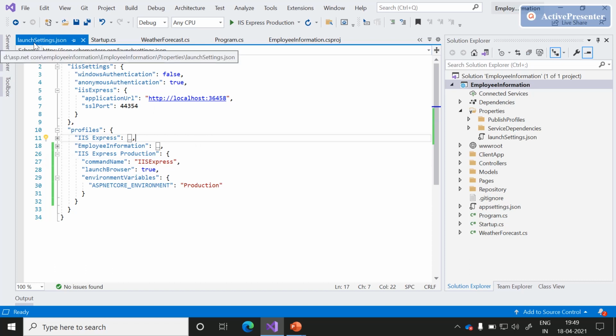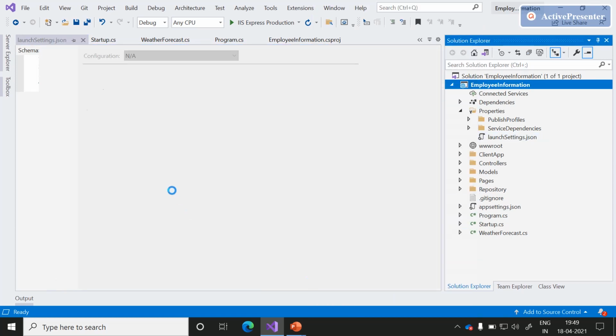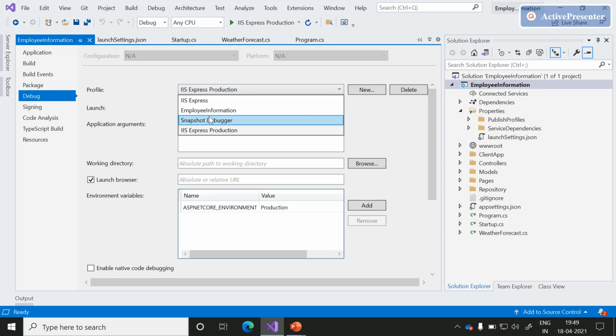We can modify launchSettings.json in two ways: either through launchSettings.json directly, or right-click on the project, scroll down, and click on Properties. In the Debug section, if you go to Profile, here we can see how many profiles are present in this application. Clearly there are three profiles: IIS Express, EmployeeInformation, and the IIS Express production environment we configured.